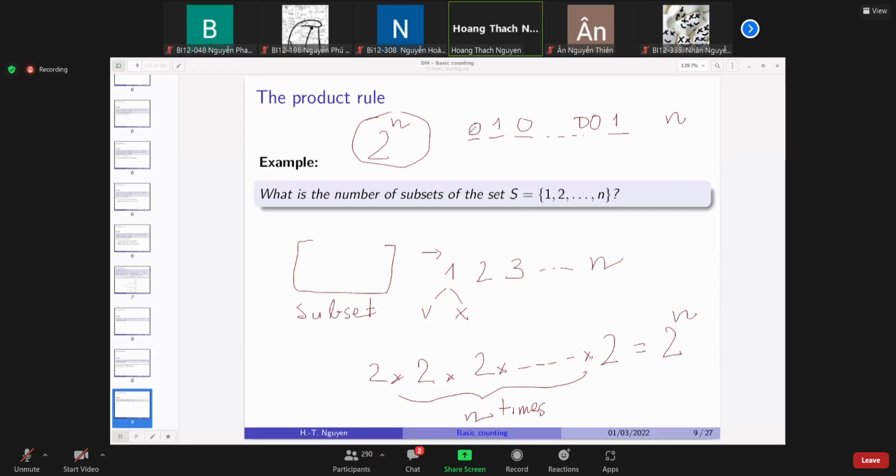For the first bit to the left, if it is 0, then the number 1 does not belong to the set. Here at the second position, the bit is 1, so that means that the number 2 is in the set. In that way you can identify each subset of this set with a binary string of length n. And according to the previous example,